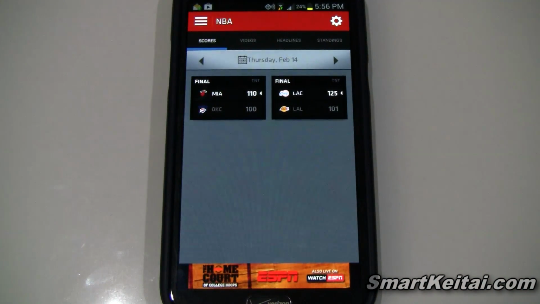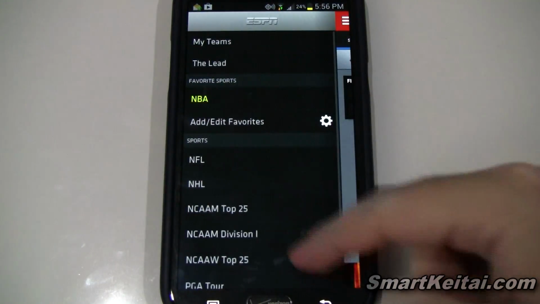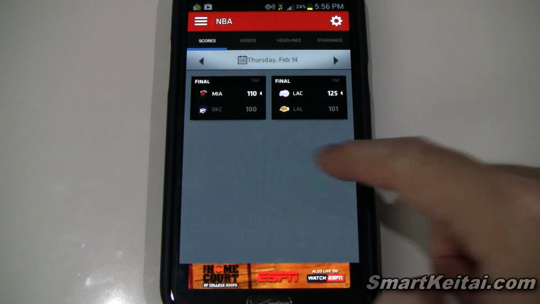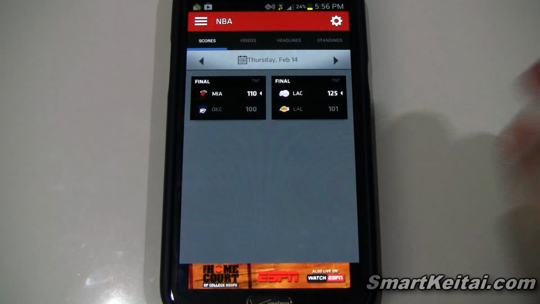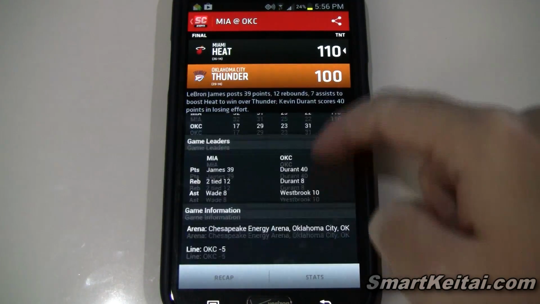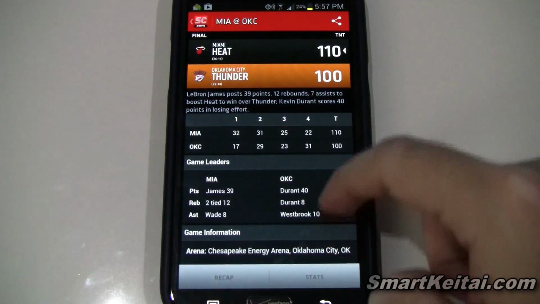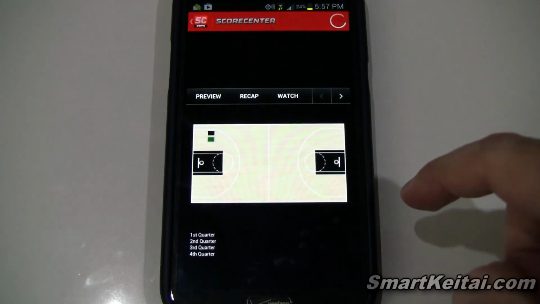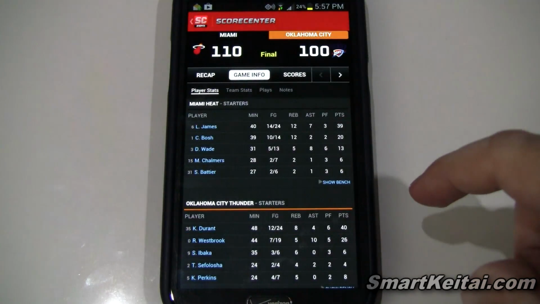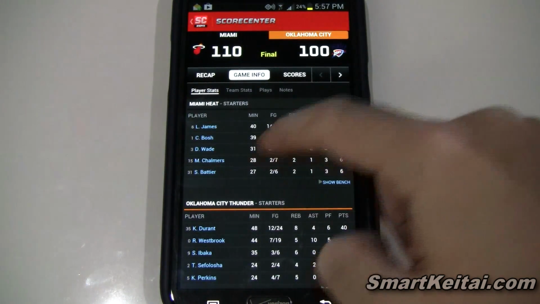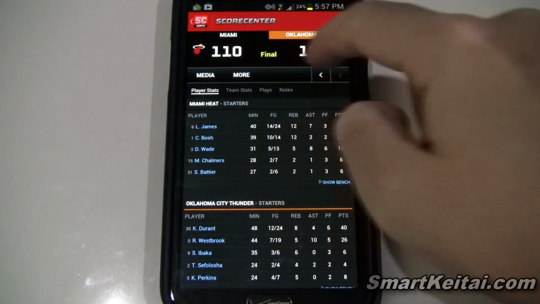Here's ESPN ScoreCenter. I have it set to basketball, but you can actually use it for many other sports as well. But let's go back to basketball since that's the topic of discussion here. Here we have previous scores from last week. So let's tap on a box score here. You can see we have the Heat versus Thunder. You can check out stats right over here. And here we have detailed stats. We can actually, let's go back,